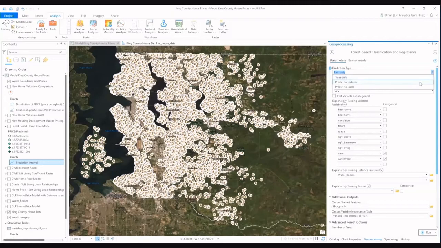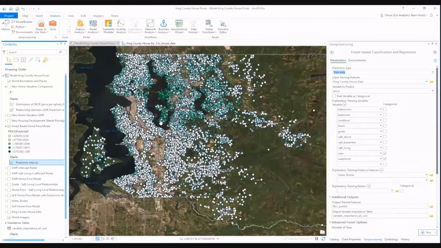If I have another data set where I would like to predict prices, I can also use it to predict to a different feature. Or if I want to create a price raster, I can also output a predicted price raster from this tool. But in this demo, we will use training mode. The tool is able to capture houses with high prices that are close to the water and houses that are more inland that have lower prices.